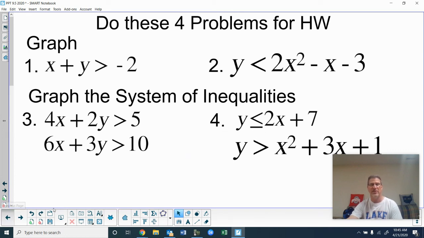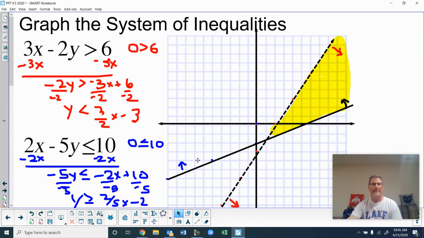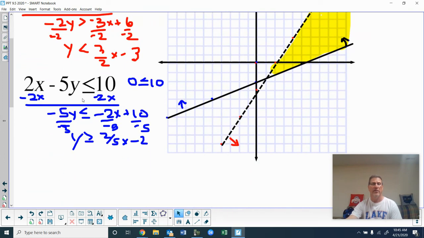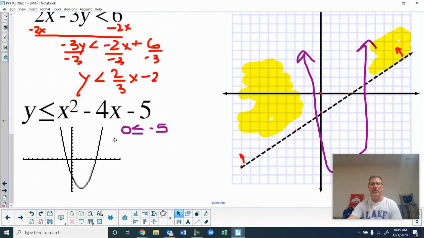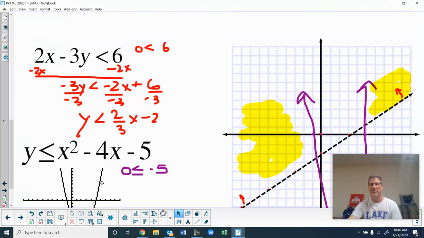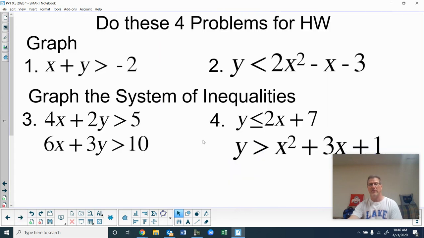I should go back and check that last one I did. All right, it was solid because it had the equal to. All right, and the dash, so I did that correctly. All right, so just remember those details. Remember rise over run: rise up, positive, down, negative; run, positive right, negative left. All right, so I just want you to do those 4 problems and take a picture of them,